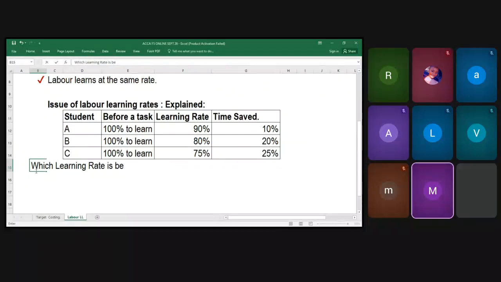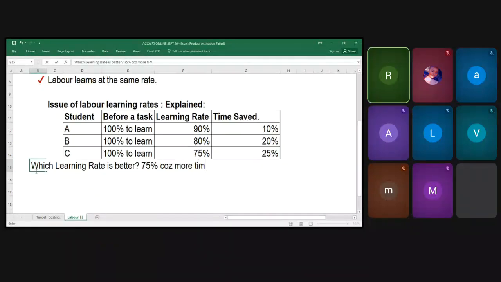I think it's 75%. Why 75%? Because we are saving more time. All right, because more time is saved. So the conclusion that we have here, the lower the rate,